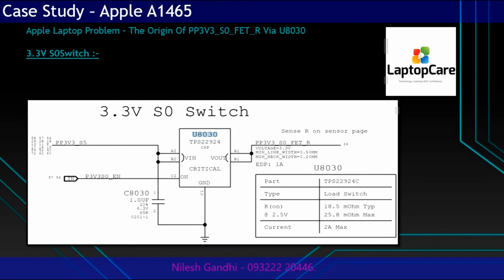So if the input voltage is proper and if the enable signal is proper, then we must get our desired output at this output point. So here we have measured the input voltages and we found input is okay at 3.3 volt, enable is okay at 3.3 volt, but the desired output measured is only 0.77 volt. So it is confirmed this IC is damaged from inside, and we need to cross check it by replacing this particular IC.